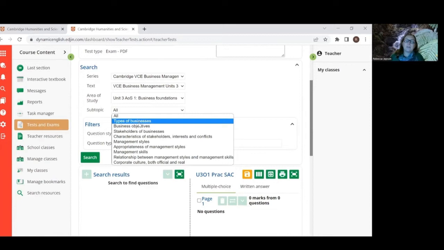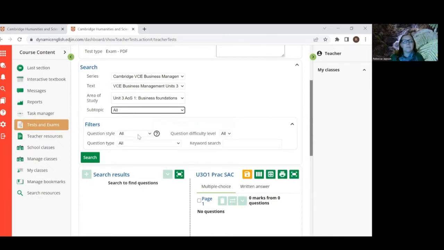If you were doing revision questions, for example, for students, you could also just choose one of the key knowledge dot points. As mine's a SAC for the end, I'm going to choose all of them. Now we can also choose what type of questions go in there from VCAA. So this is all of the VCAA questions from the 2017 to the 2021 exams. VCAA adapted means there might be some other questions in there that have been changed to meet our new study design, or VCAA style are originally written questions, and